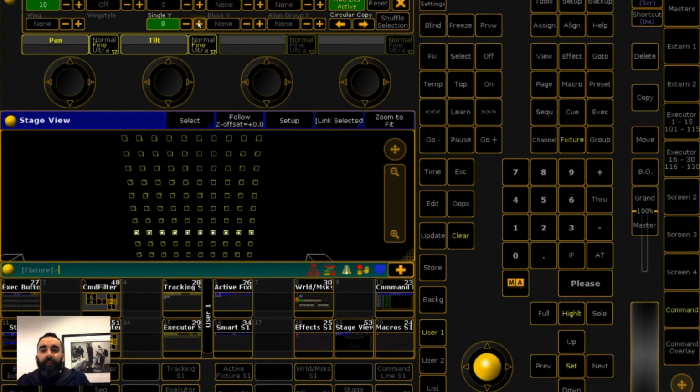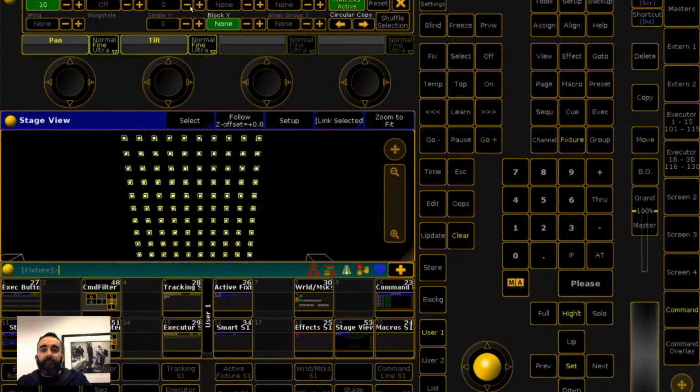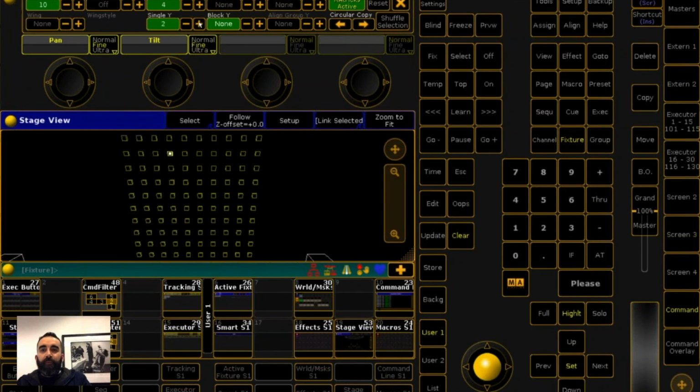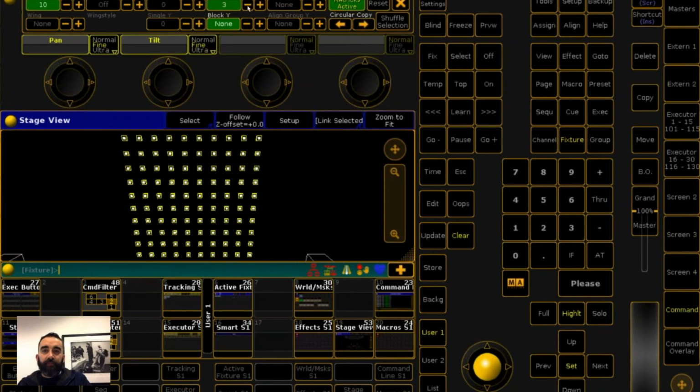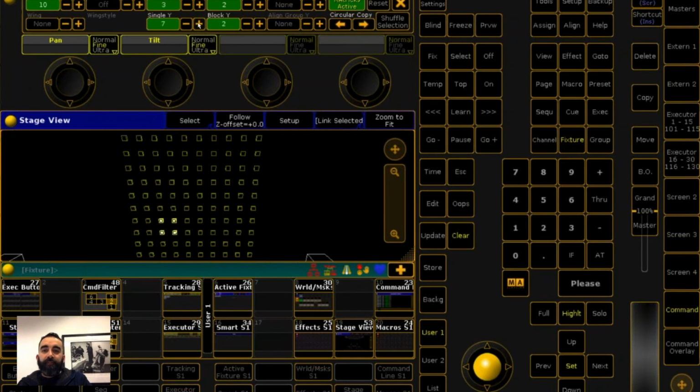So now we go on the single Y, and I can pick rows at a time. I can do two rows at a time by doing blocks in Y. And if I combine the two, there was a question that came in about selecting individual fixtures based on kind of a grid. I can pick an actual coordinate. So if I say 4 and 1, this would be column 4, row number 5. And if I do blocks of 2 on both the X and the Y, I can dial in to the